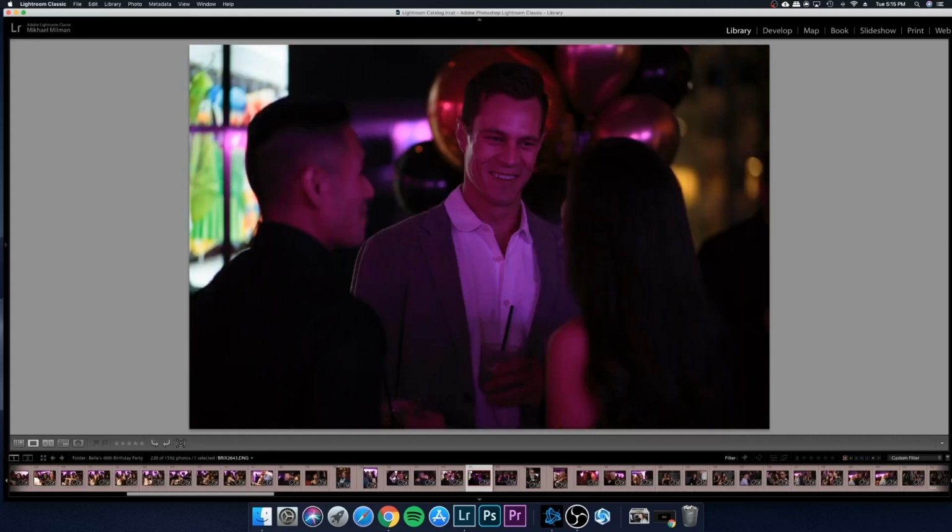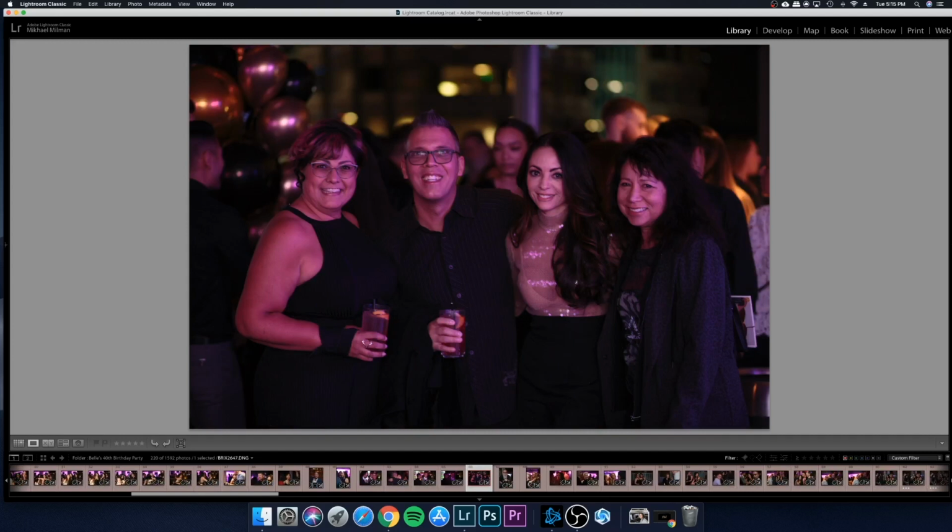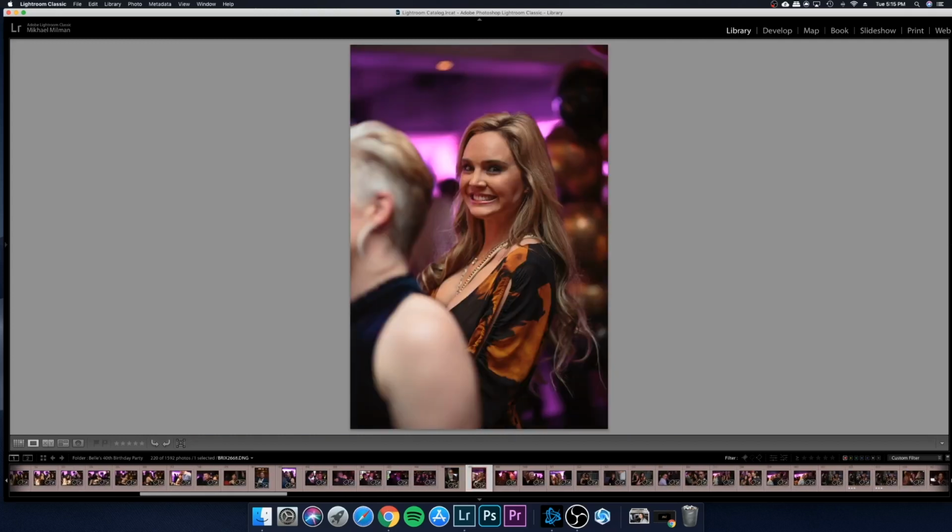So here you go, another example with flash, without flash. I believe that was without flash. I don't think that was actually without flash. All right, let's take a break and talk